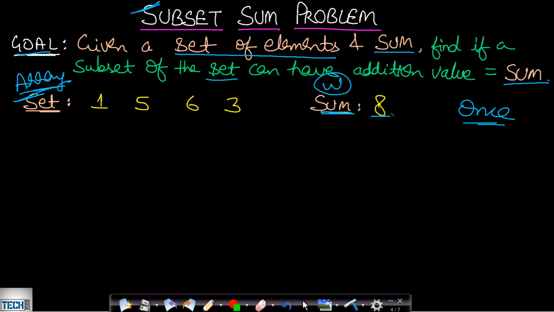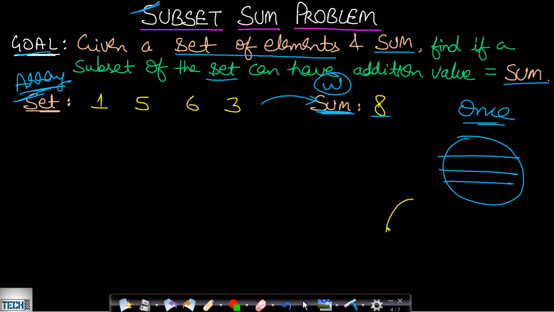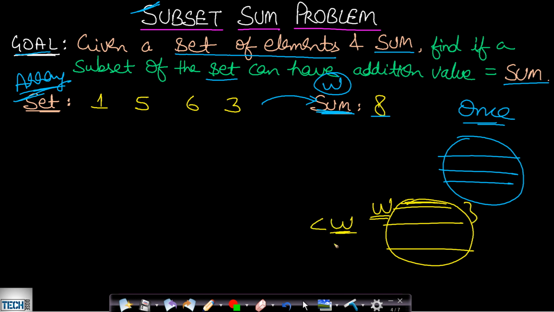In the knapsack problem, actually we could fill the given bag any amount we want, but in this case we want to find the sum exactly equal to this sum value. So a variation of this problem can be like this. If we are given a bag and its capacity is, let's say, W, then you want to entirely fill up this bag. You do not want to leave any space in this bag. So you cannot have items less than this weight W or greater than this weight W. You want to exactly fill up the bag, and you want to find if it is possible to exactly fill up the bag. So this problem is the same as our subset sum problem.